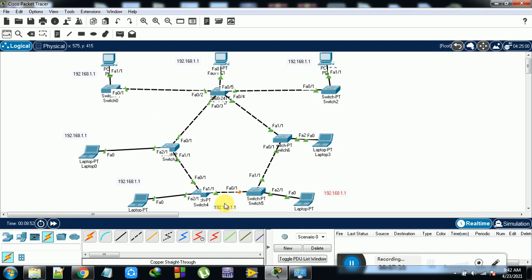So that's it. These are enough. From here to here and here to here. So this connection only is the problem.